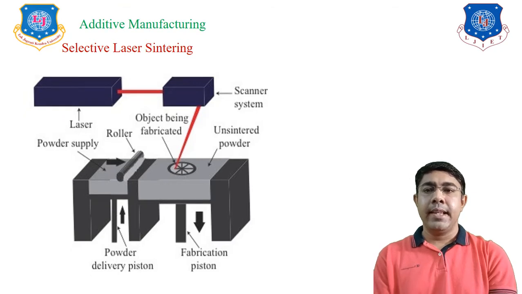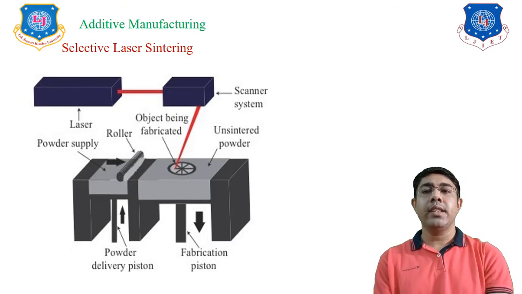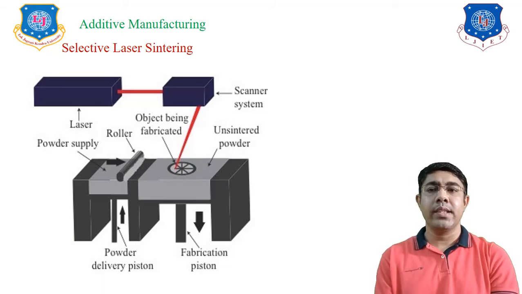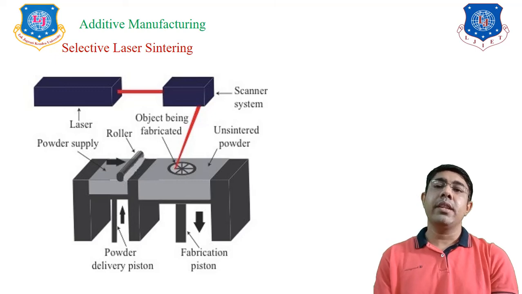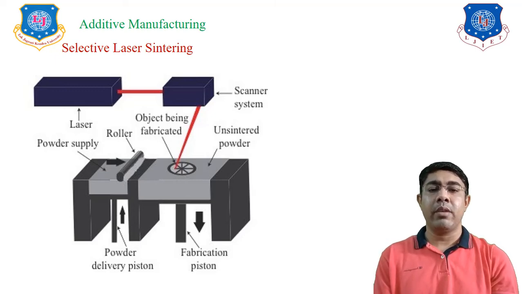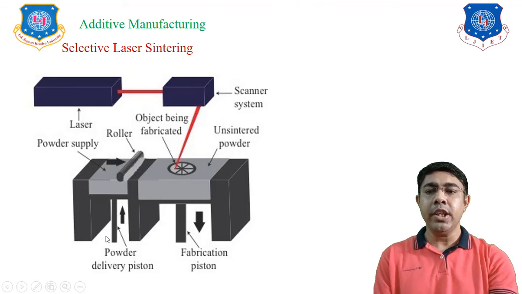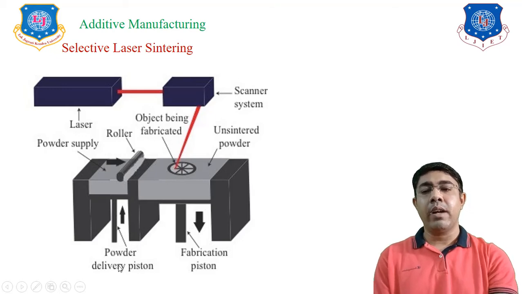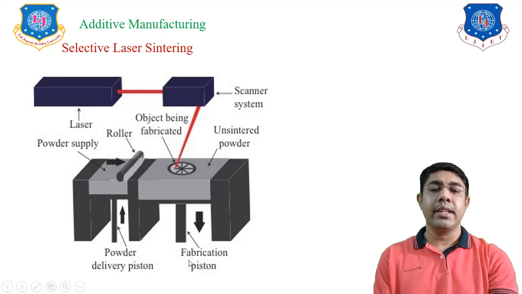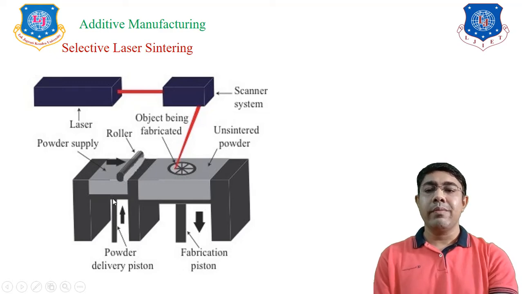And the next is selective laser sintering. In this process, a laser is used to sinter powder particles, so the material is used as a powder. If you see the setup of selective laser sintering, there are two piston cylinder systems. The first is the powder delivery piston, and the second is the fabrication piston. The first piston cylinder is for supplying powder, and the second is for the fabrication of the